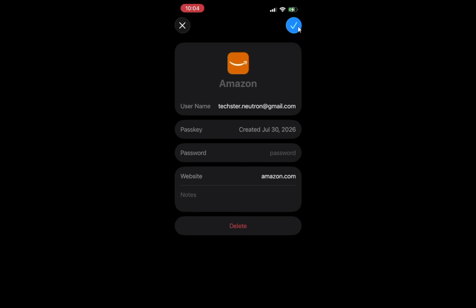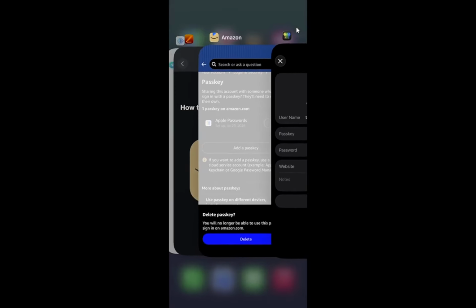You have now removed the Amazon passkey from both your Amazon account and your iPhone,